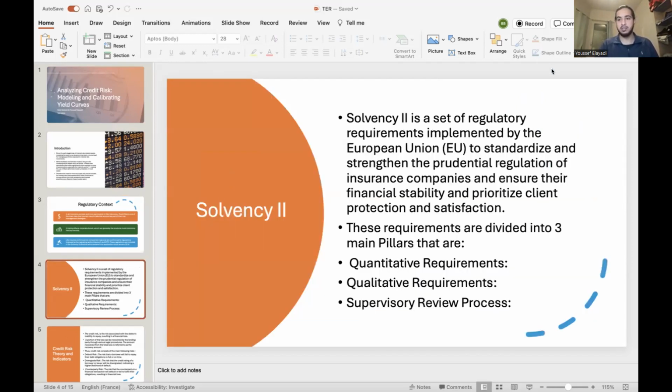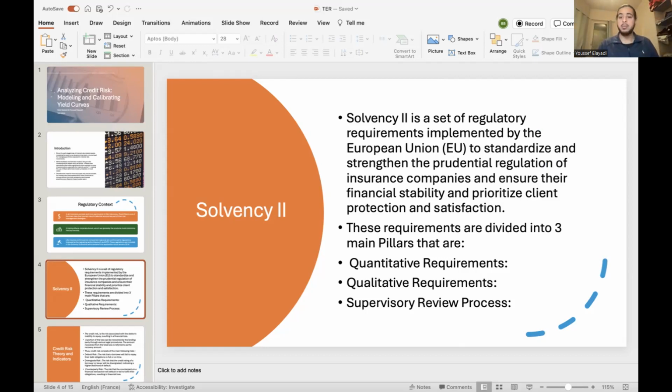So what is the Solvency II directive? Well, it's a set of regulatory requirements implemented by the European Union to standardize and strengthen the prudential regulation of insurance companies and ensure their financial stability, also prioritize client satisfaction and protection, and make the competition between the players in the insurance business fairer and the regulation